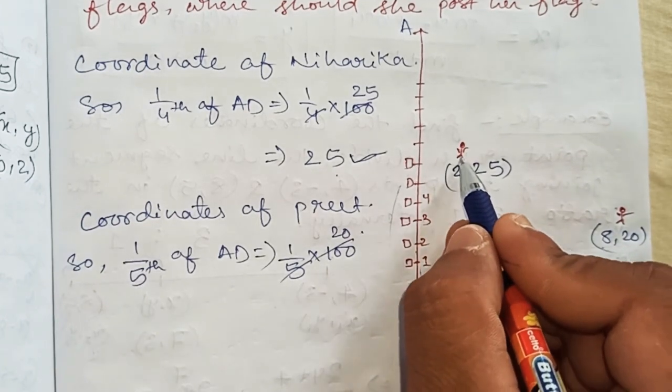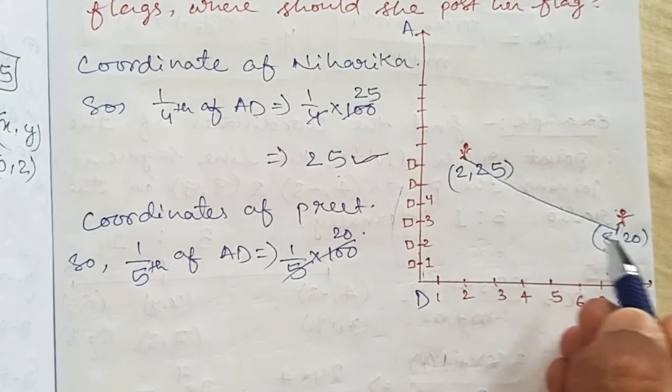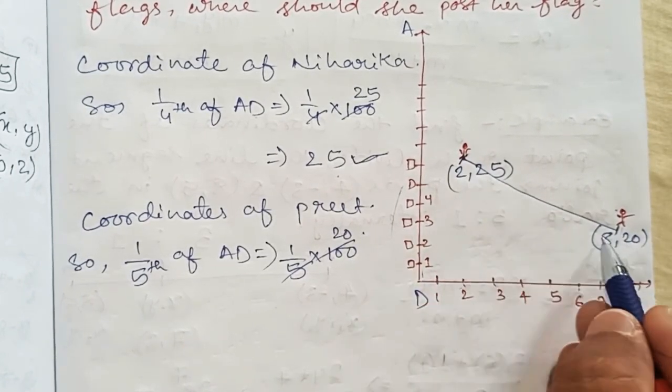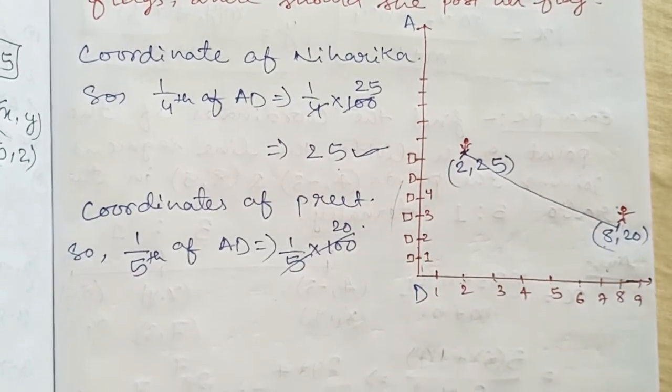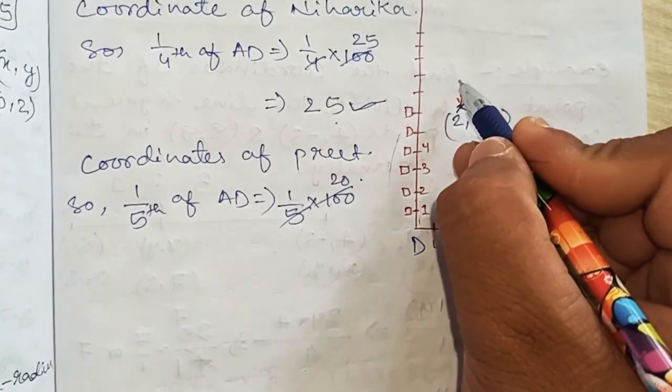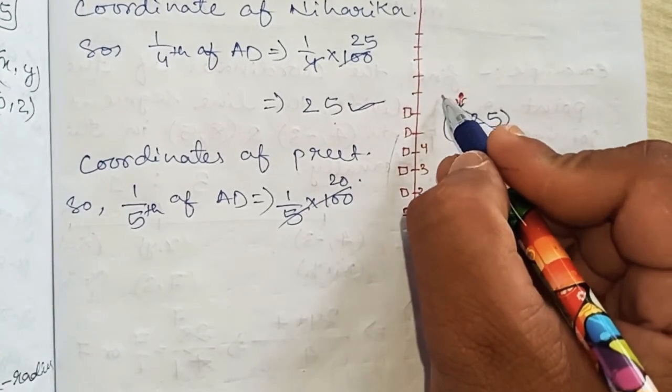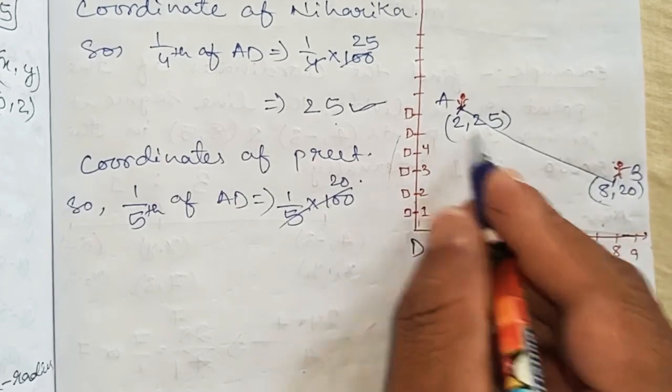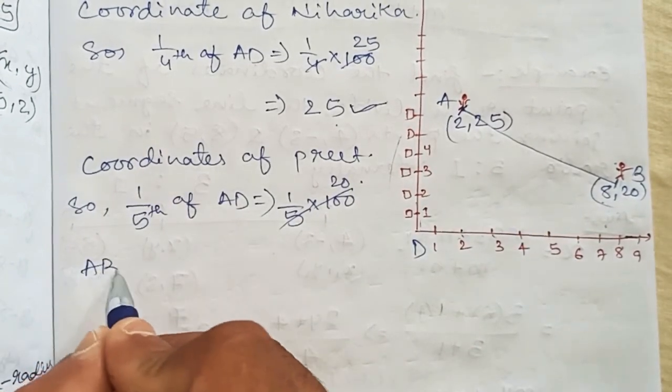Now we have to find out the distance between them. Okay, we have to find out the distance between them. So we will use the distance formula. That is, suppose we name them A and B. So the distance between A and B will be